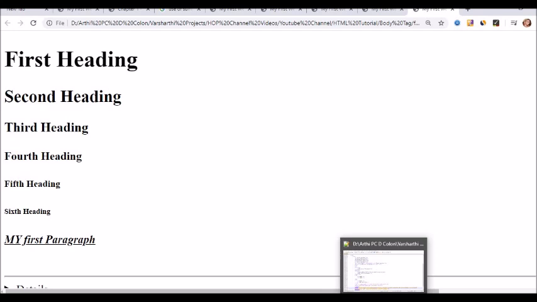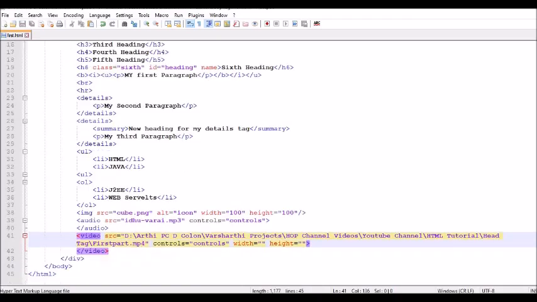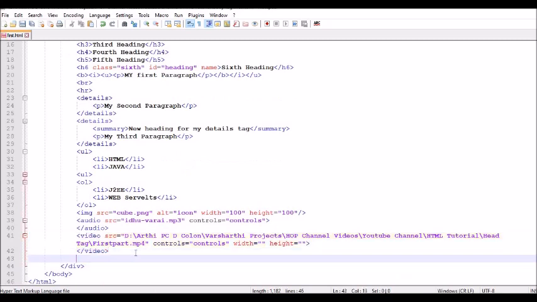Here the term hypertext means clickable or linkable text. In order to use linkable text, we should use the a tag, which is nothing but the anchor tag, for providing clickable text.